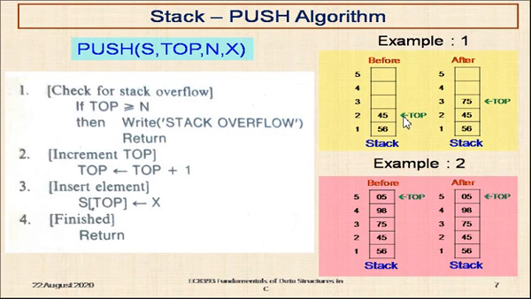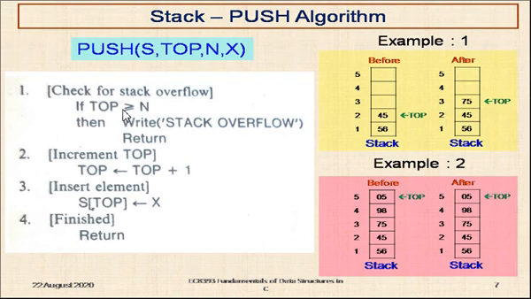You see now, in this example, the assumption is that the stack already has 2 elements stored in it. So the pointer top is pointing to the second element of the stack. Now it is checking the first condition: if top is greater than or equal to N. N is assumed to be 5 in this case, am I right? Top is 2. So 2 is not greater than or equal to 5. So the condition fails. That means the stack is not full.